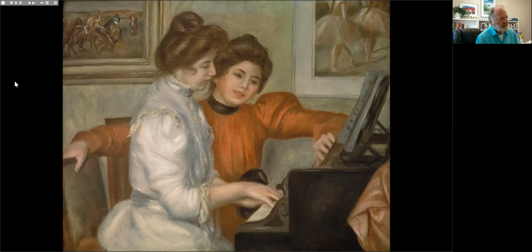The one figure observing the other and perhaps turning pages, but doing so in a way that combines social interaction with music, and seems not particularly serious. Here a work that's both genre and a portrait image.